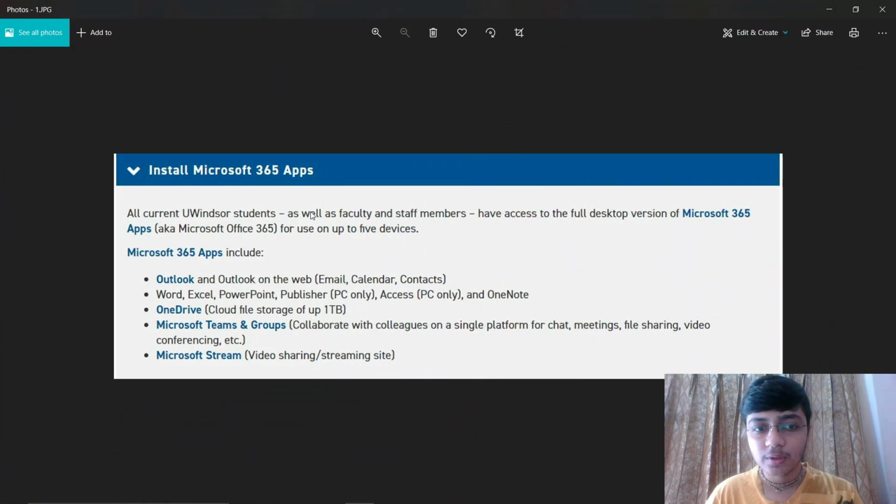All current Windsor students as well as faculty and staff members have access to the full desktop version of 365 apps. So this is the best option they are giving to us students. We will get an Outlook email address, which is @uwindsor.ca. First will be your username. The instructions from the university will already be given to you regarding your registered email address.